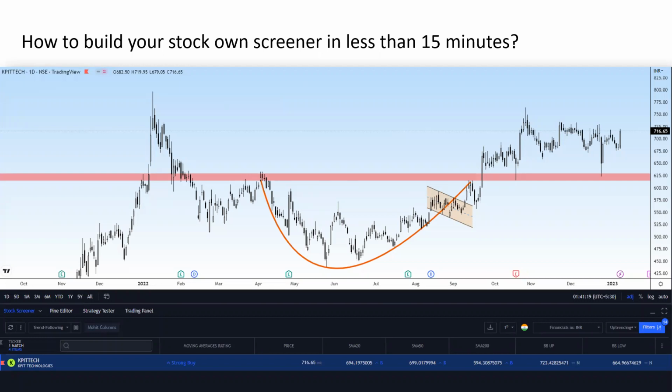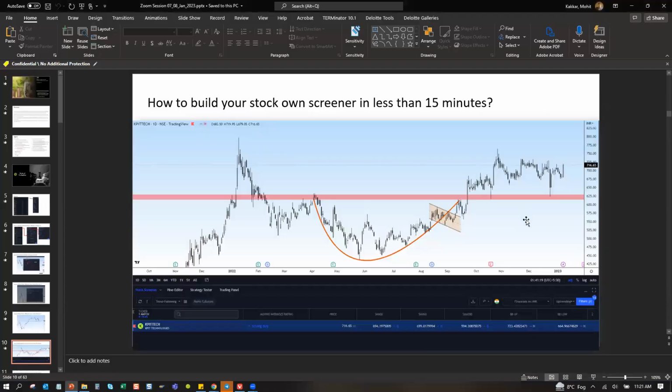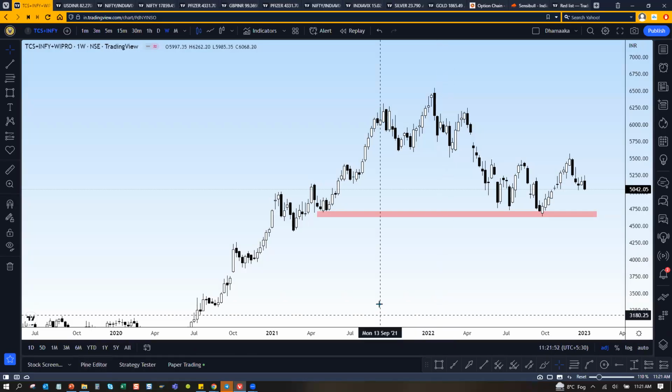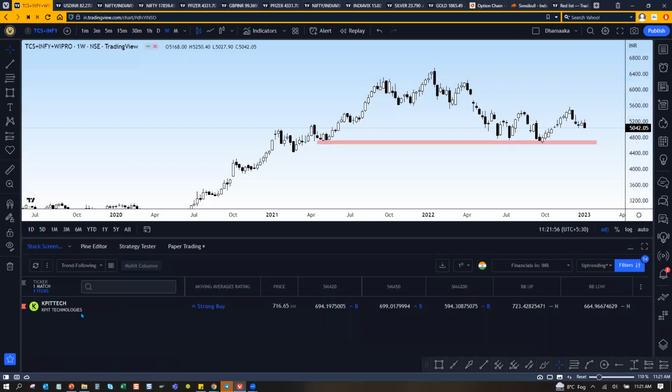Here you can very quickly build a custom screener for yourself. When I say TradingView is the comprehensive platform for traders, where you get each and everything packaged in one place, that's where this screener also comes into the picture.